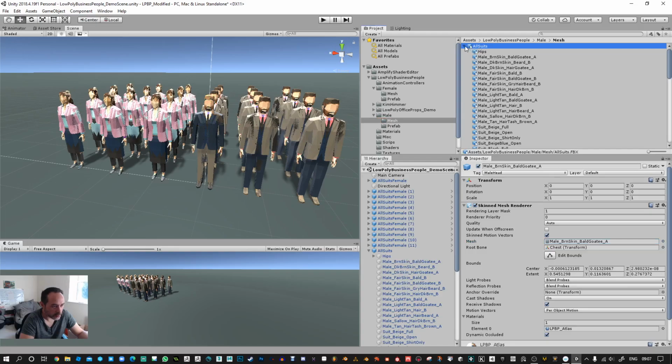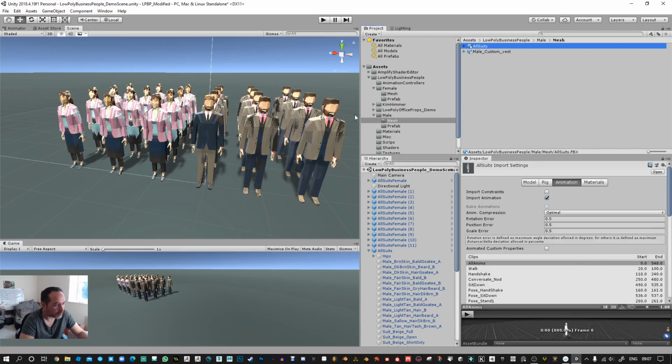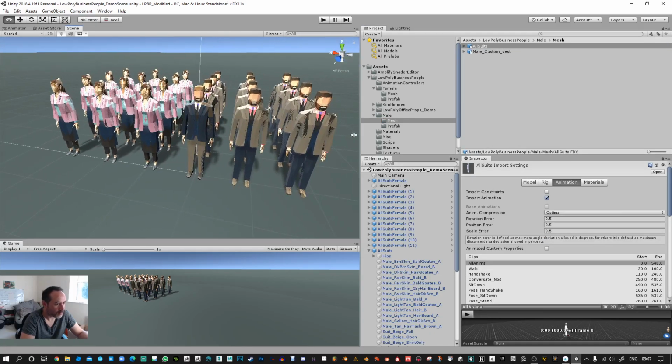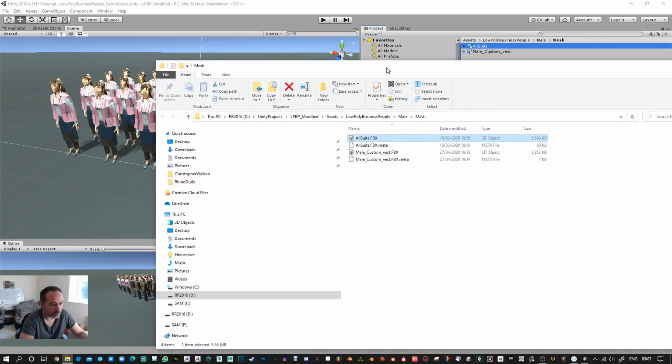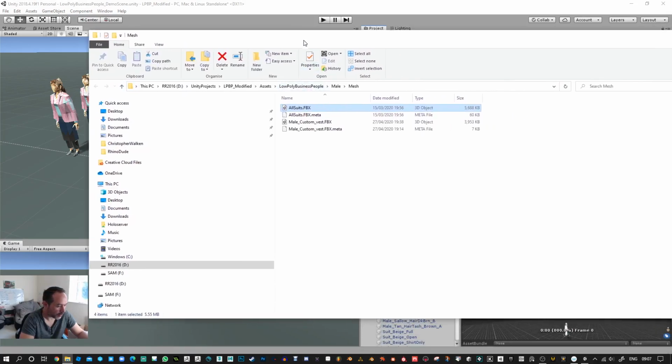So we've got all suits here. So that's the all suits one. You might not see this file here, just ignore that. So I am going to show an Explorer, and you can see the FBX file. Right. So I'm just going to test a couple of things to see what works. This is the first try at this, and